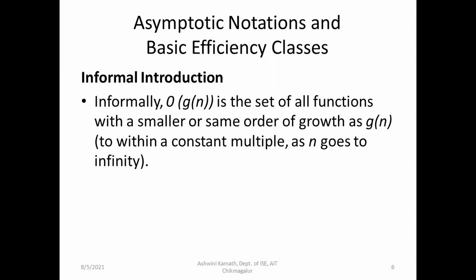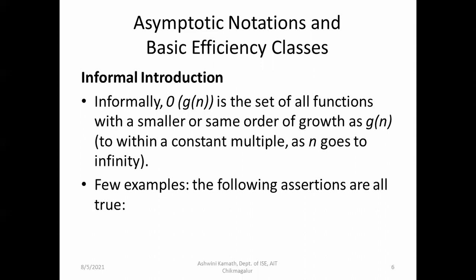First, I'll tell you why we need to use the asymptotic notation. If you want to compare the efficiency of any two algorithms, you can have a function for each, like t of n and g of n. If the algorithm efficiency is t of n, and you have to compare it with g of n, then your function is having a smaller order of growth than g of n. I hope you're getting it. So that is big O. With an example, you'll come to know.